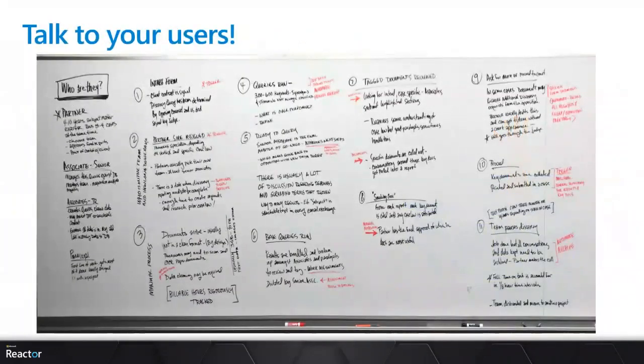Just talk to your users. Just go talk to them. You don't need to know it all. And you also don't need to be a designer. The Teams experience is the way you build apps. You can grab a user and say, well, if we put that there inside your Teams conversation, would that be useful? What if it then did that? What if you had a button there, what would it do?